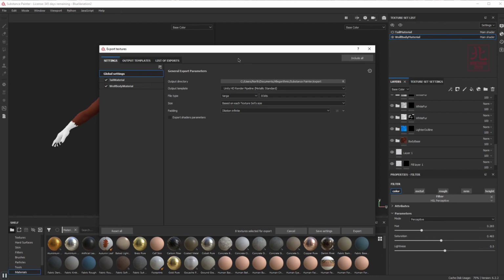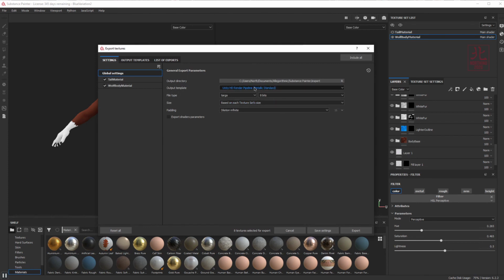We're just going to get back to the export textures part here. So again, we've chosen the output template here. We've chosen the file type. 8 bits is fine. You can change the size if you want, but if you just leave it as based on each texture set size, in this case, it'll just leave them at the default, which is probably fine. I believe in this case it defaults to 2K. So we can go ahead and click Export,